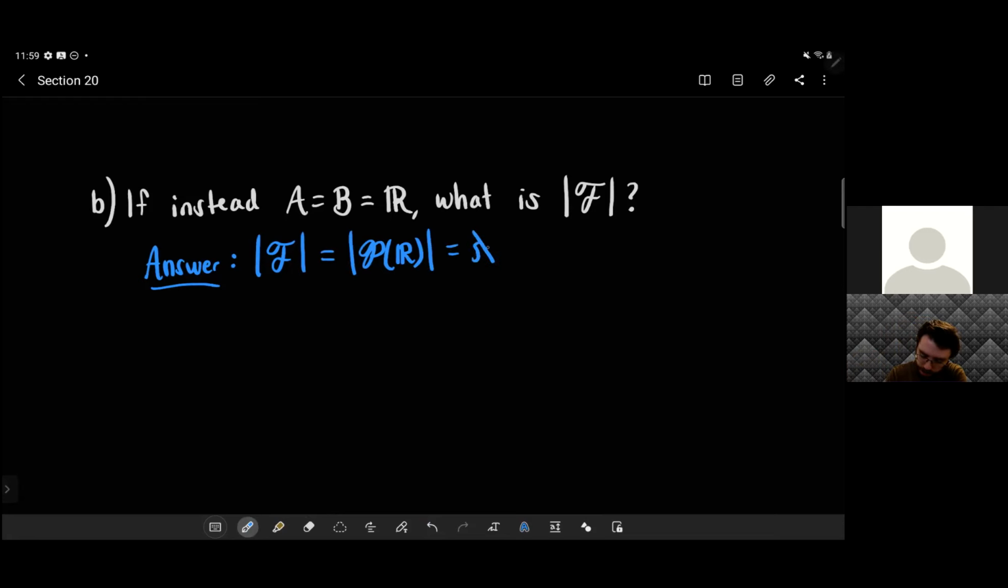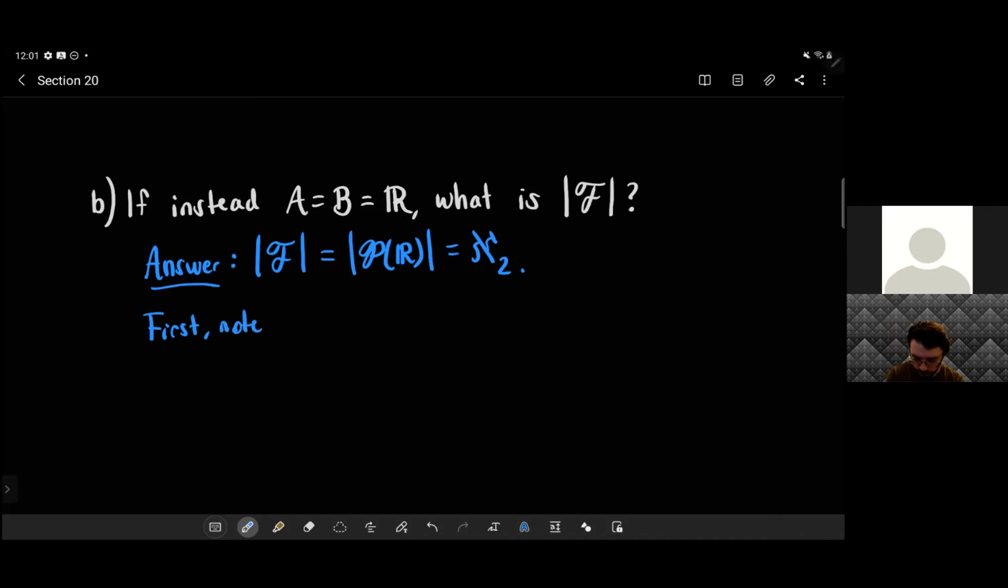Sometimes you'll see that written instead of aleph 1, call it aleph 2. It's the next biggest infinite cardinal. Why is that? So again, take some time if you need it. Okay, and again, you have to think in terms of bounding it above and below. So this one's really strange when you see it for the first time, but it's sort of a classical problem. The idea is going to be, so I'll say first,